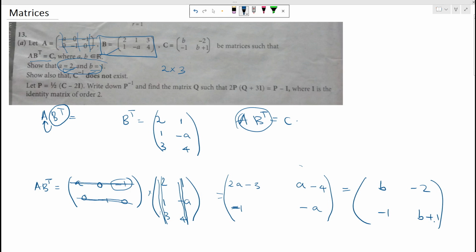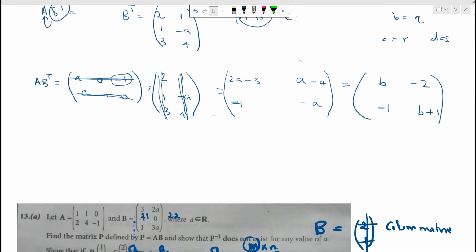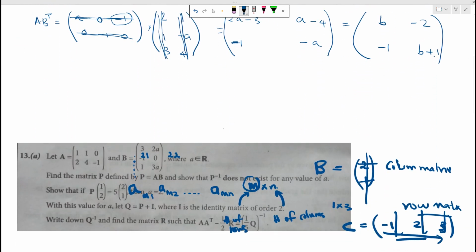There is a theory: if matrix A is equal to matrix B, then the corresponding elements in matrix A and B are same. For example, let's say we have a 2 by 2 matrix. So this is a, b, c, d, then this is p, q, r, s. Then we will say a is equal to p, b is equal to q, c is equal to r, and d is equal to s. So the same theory is going to be applied here. So you can just write this as